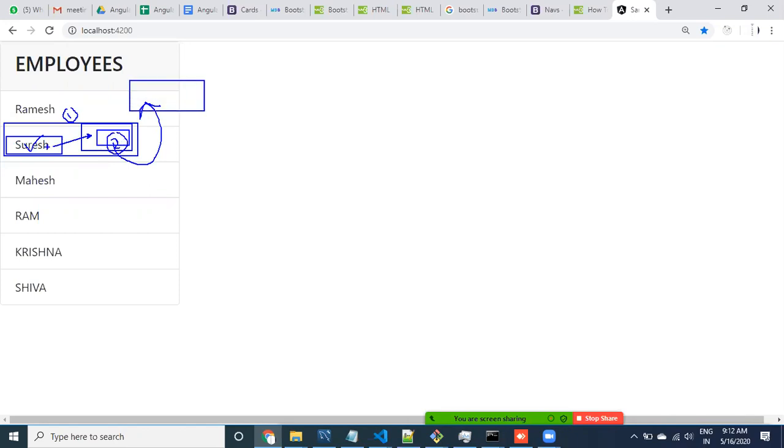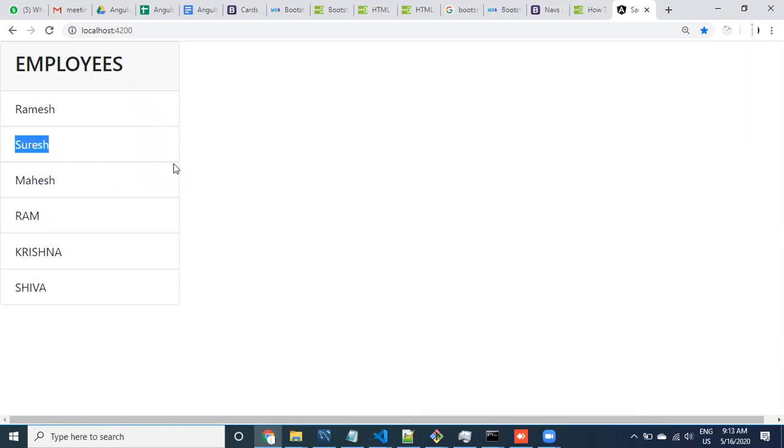Now, to implement the first step: whenever the user clicks on the list item, which is available in the employee component, this list item value should come to the component method in the same component class, the child component class. From the child component you can emit the data. The first step is to click on this one and then we'll go to it.